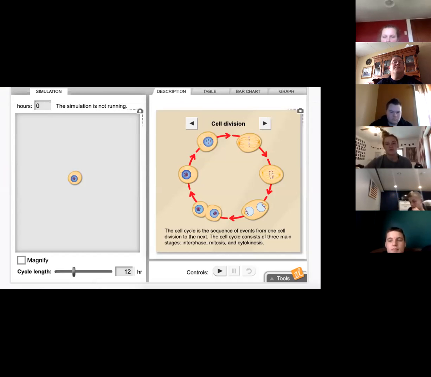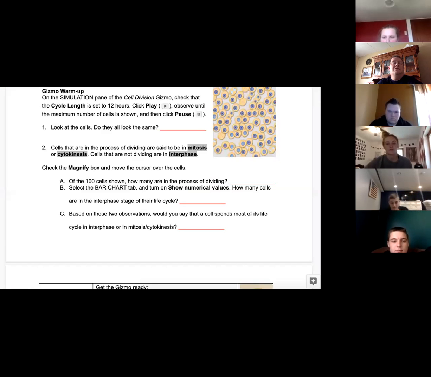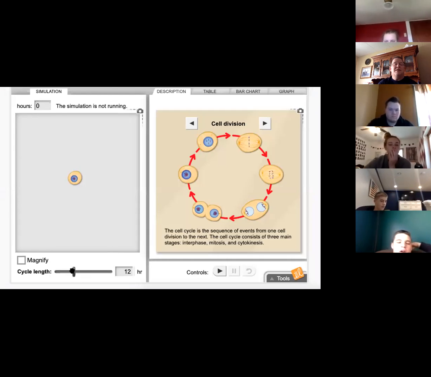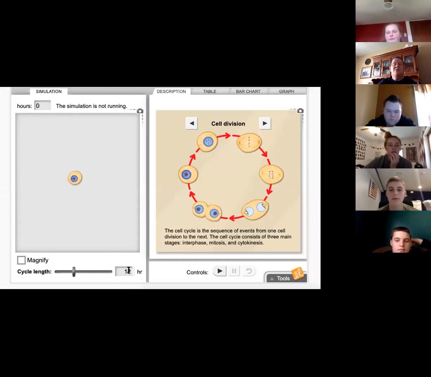All right. Well, okay. So we'll try to figure that out. Check the cell cycle length is set to 12 hours. Click play and observe the maximum number of cells shown. Then click pause. Look at the cells. Do they look the same? So down here at the bottom, it says the cell cycle length is 12 hours. So if we click play,